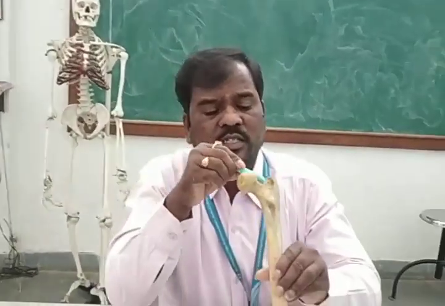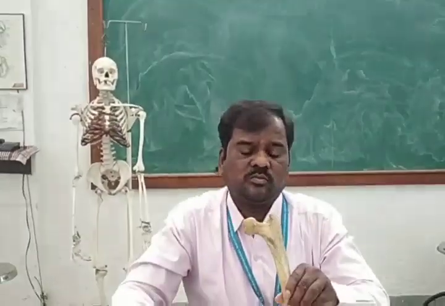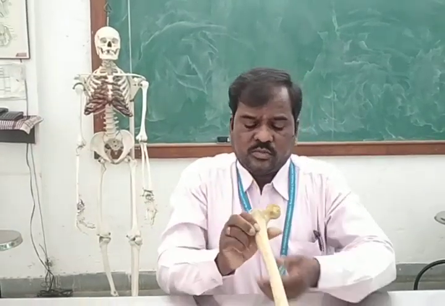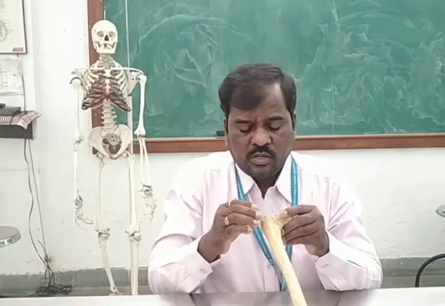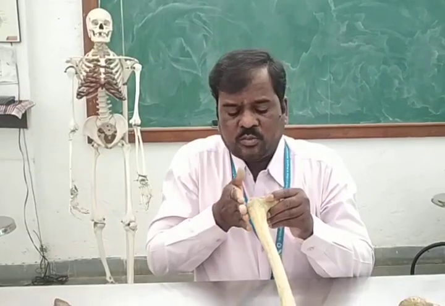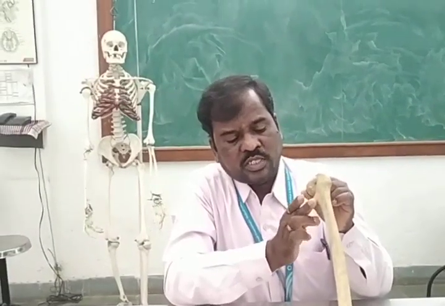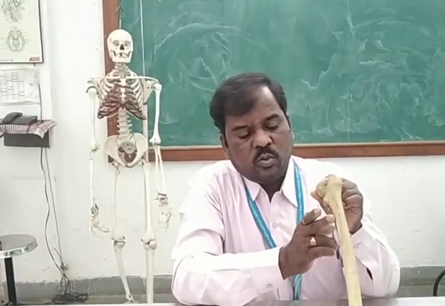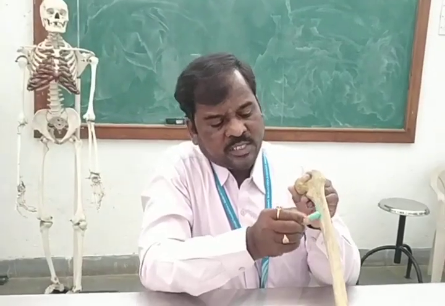Next, below we can identify the trochanteric fossa, for the insertion of the obturator externus. Next, the anterior surface of this greater trochanter is for the insertion of the gluteus minimus muscle, whereas the lateral surface is for the insertion of the gluteus medius muscle. Next, posteriorly, going downwards below the lesser trochanter, we can identify the gluteal tuberosity, for the insertion of the gluteus maximus muscle.